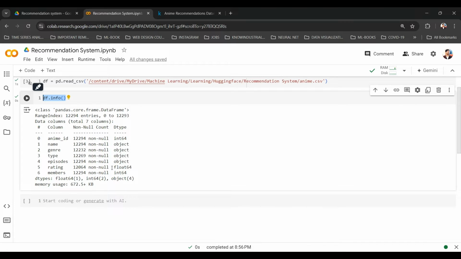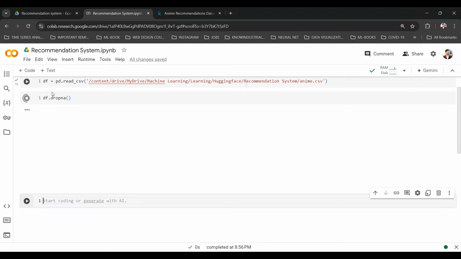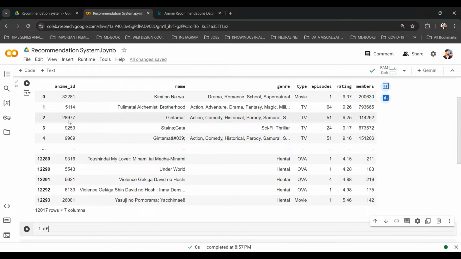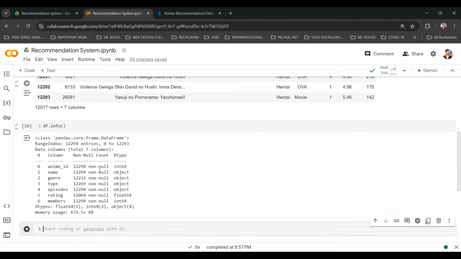There are many ways to handle missing data. For this project, it's a simple project, so I will just be dropping these null values. We'll be using the dropna function, and we will just drop the null values. After I have done that, let us check the info again to see if there are any null values left.